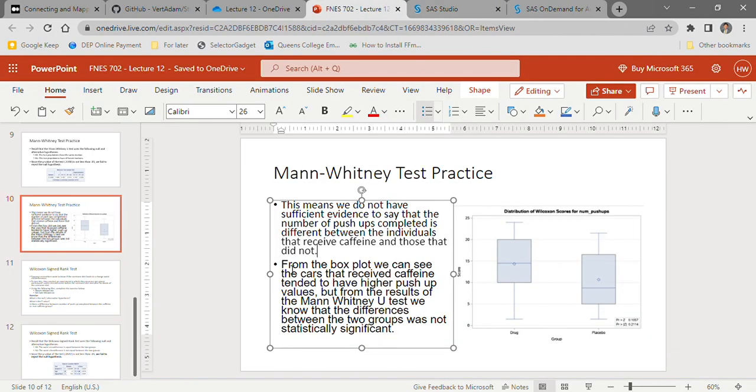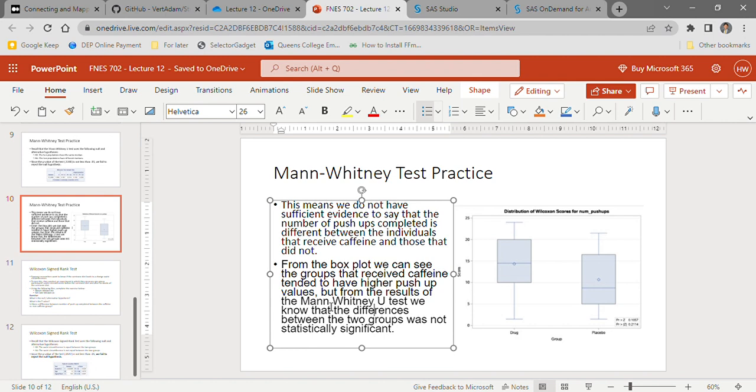However, from the box plot, we can see the groups that received caffeine tend to have higher push-up values, but from the results of the Mann-Whitney U test, we know that the two groups were not statistically significantly different, right? So what we're saying is,